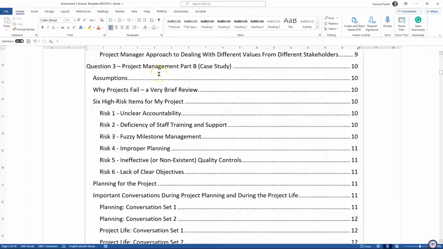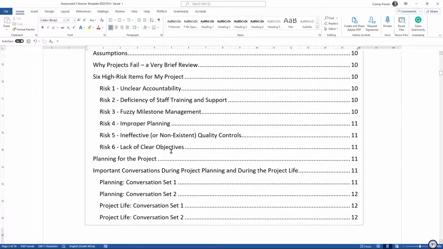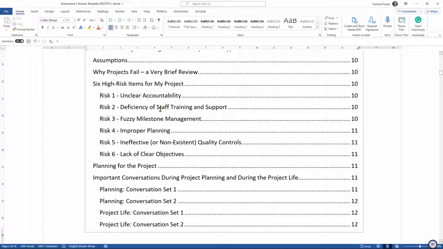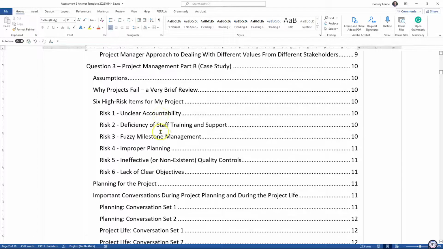Question 3, project management, part B, the assumptions. If you have any, you will just open up with that and write briefly about that. Why projects fail, a very brief review, and then explain those 6 that you've chosen. And I've just used examples here. These are just examples. I'm not saying that you must choose these. You will look at that full list of, I think, around about 30 of them, and identify what might be your view of this particular project and what would be the most significant risks for you as the just appointed